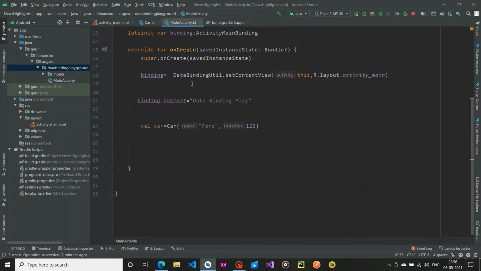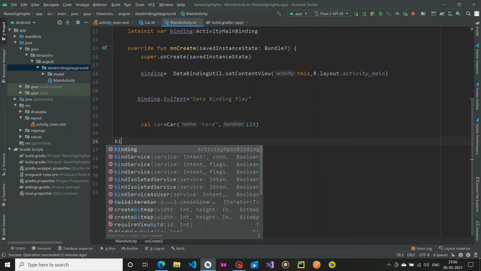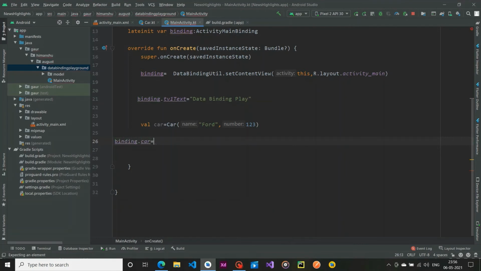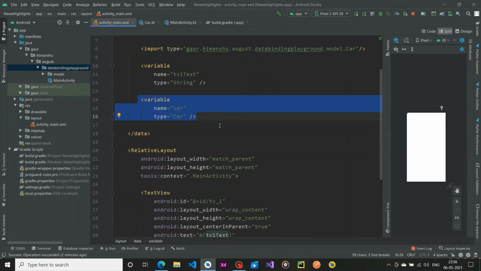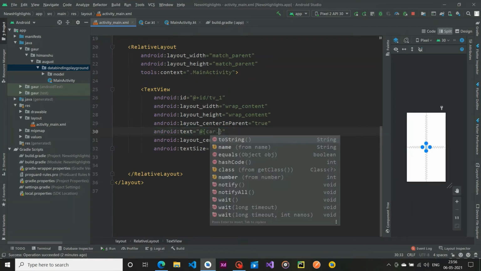In our main activity, just like previously, we are going to use binding, and yes, we have our car. Set our car to this layout's car, and after that go to our text view and just remove this tv1 text and pass car dot, and you can see we have two parameters, name and number.